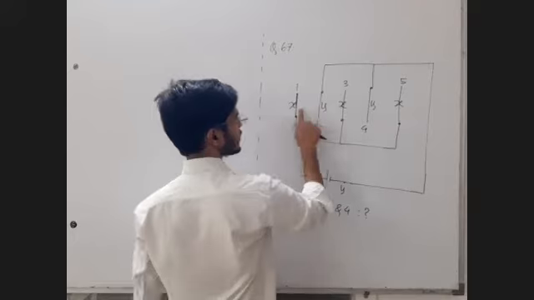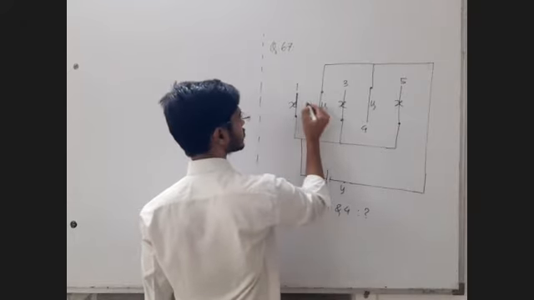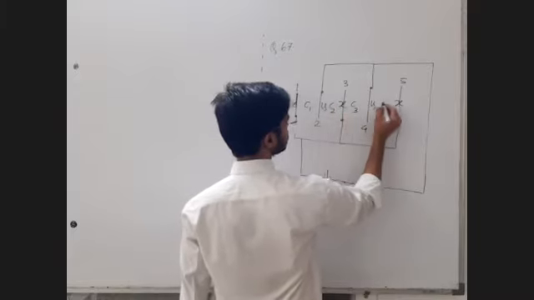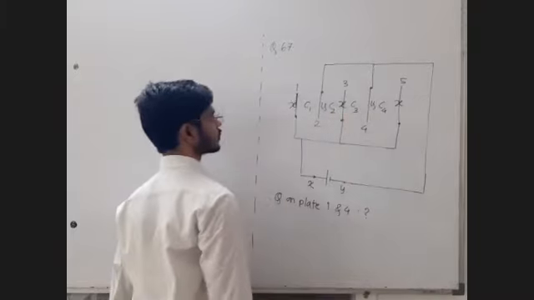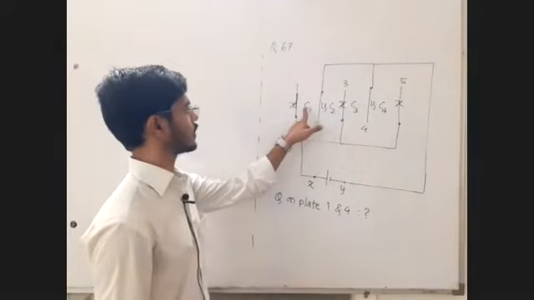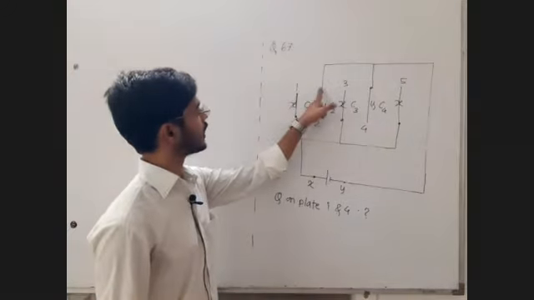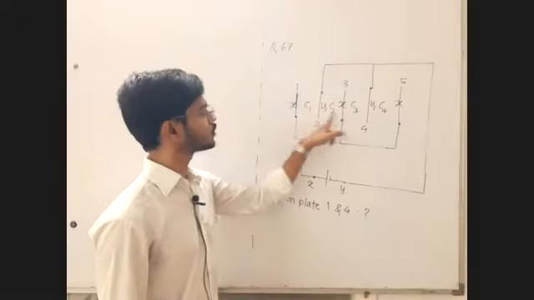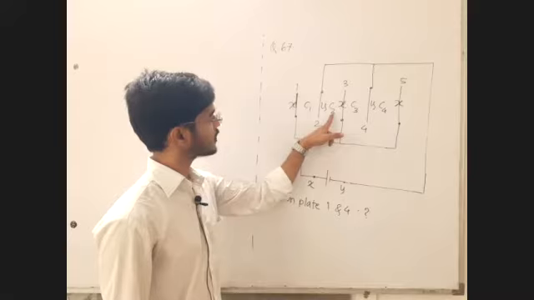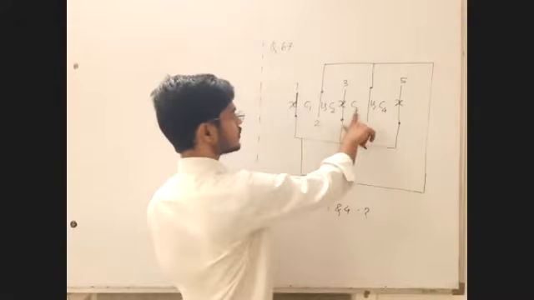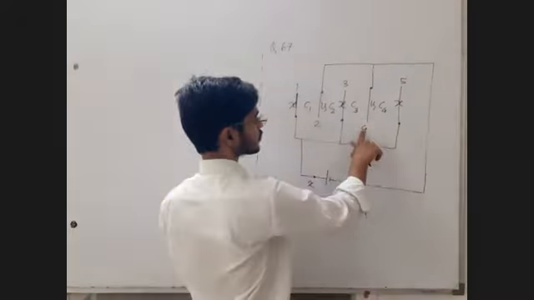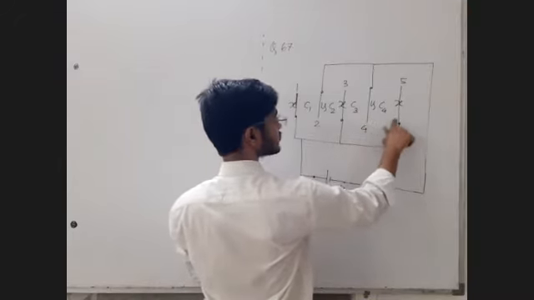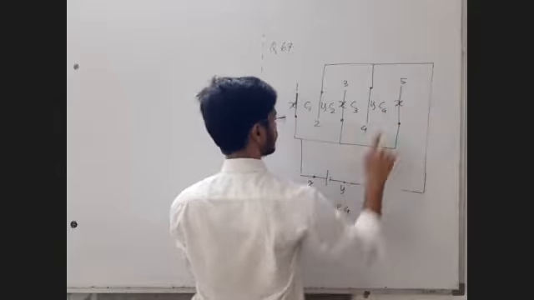Fine. So between adjacent plates, we can have capacitors C1, C2, C3, C4. Now in the book, instead of C1, they have written C12, so that they can easily identify that this is a capacitor between plate first and second. Then C23, the capacitor between 2 and 3. Instead of C3, they have written C34, which means between 3 and 4. And C45 means capacitor between 4th and 5th plate.